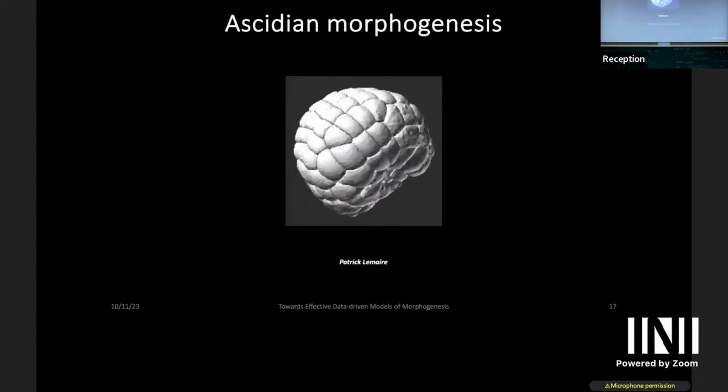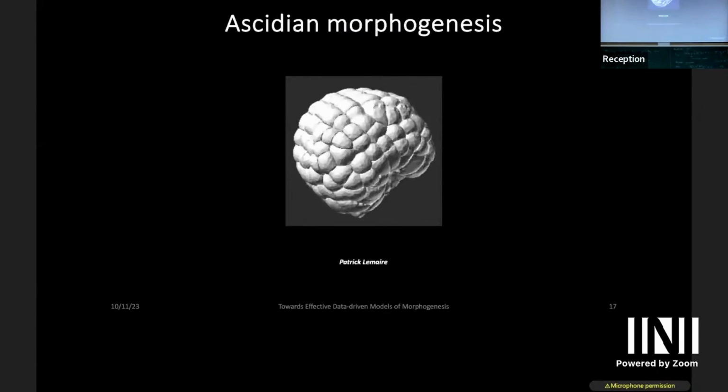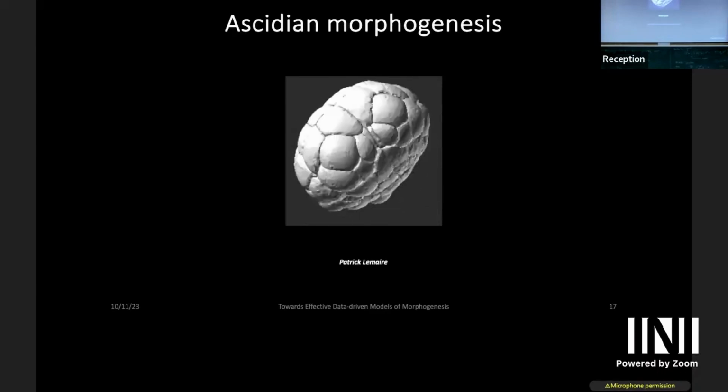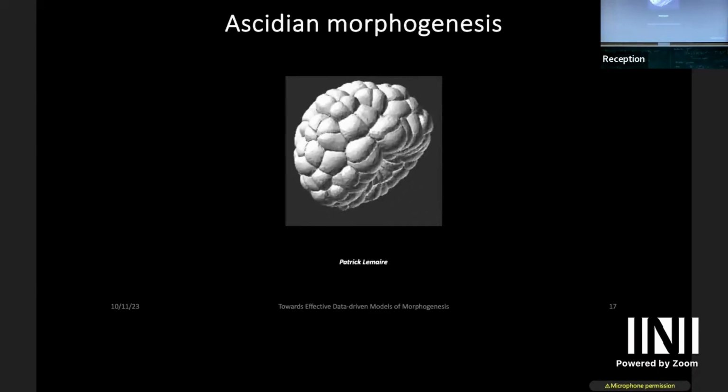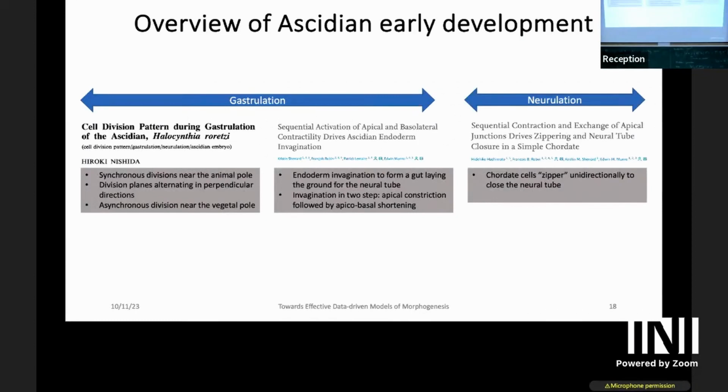So ascidians are invertebrates that live in the sea. They're good models of biological development because they have few cells. The development is very quick and even transparent. There is a lot of literature covering early ascidian development, including cell divisions, neurulation, and interesting division patterns and cellular movement patterns that happen during the early development of gastrulation of ascidians. So gastrulation, for example,